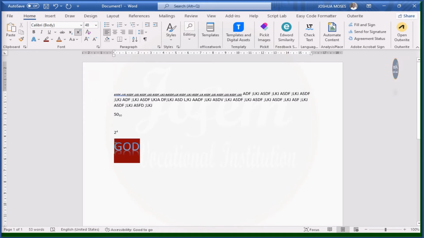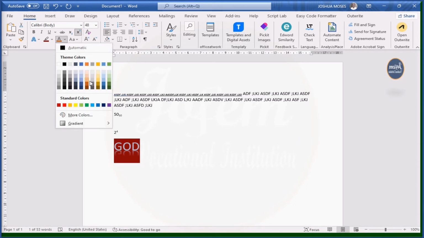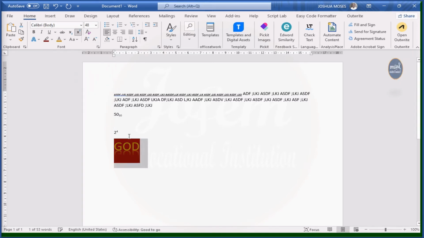You have to highlight the text, right? Then you can easily come here and change the text color. Alright, and then this is for